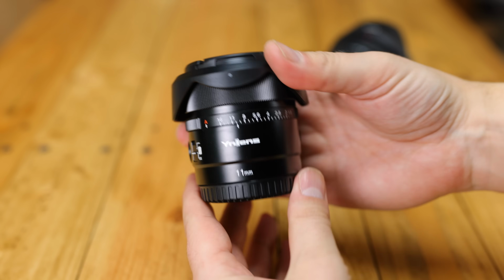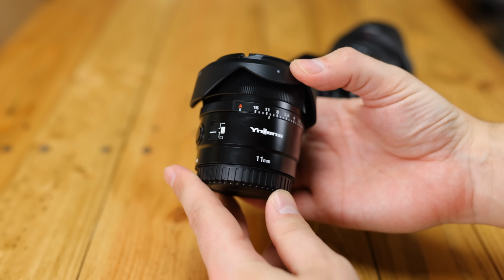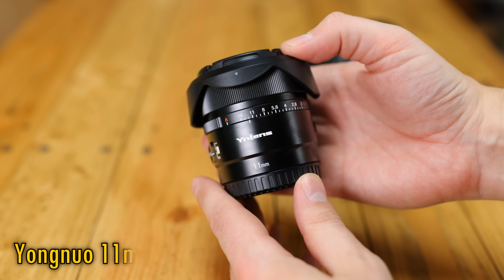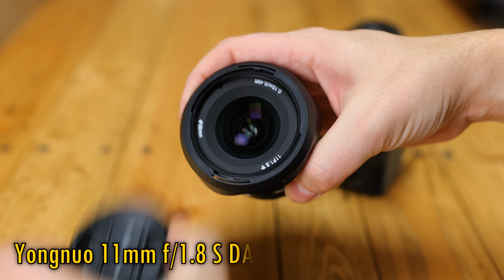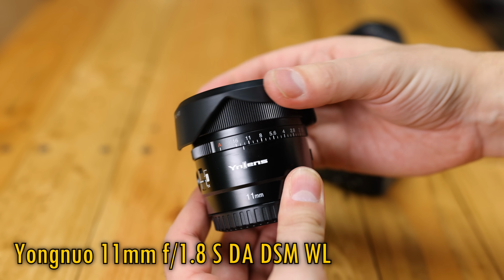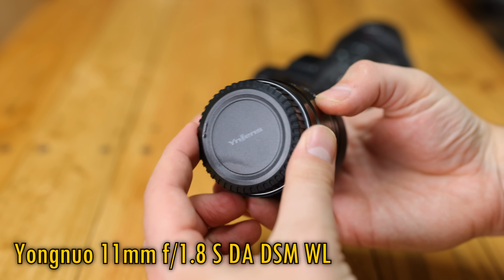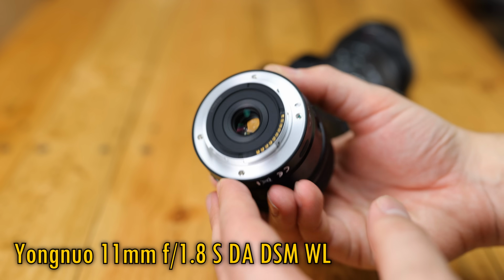Greetings once again everyone, and today I'm checking out a neat little APS-C ultra-wide-angle autofocus lens from Yongnuo, the 11mm f1.8 S DA DSM WL. It costs around $300 by itself and about $350 with a little remote control, which I'll talk about in a minute,